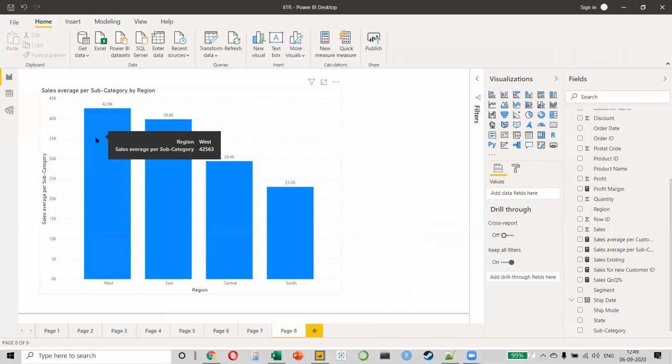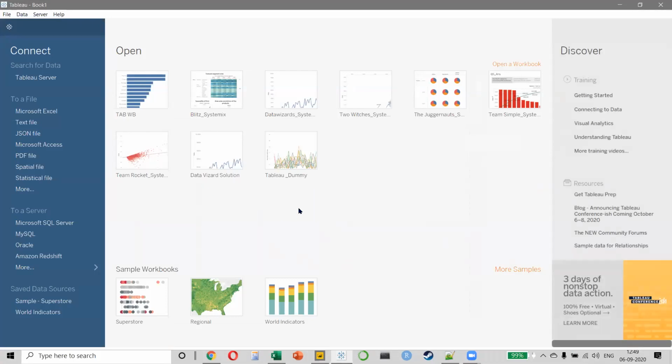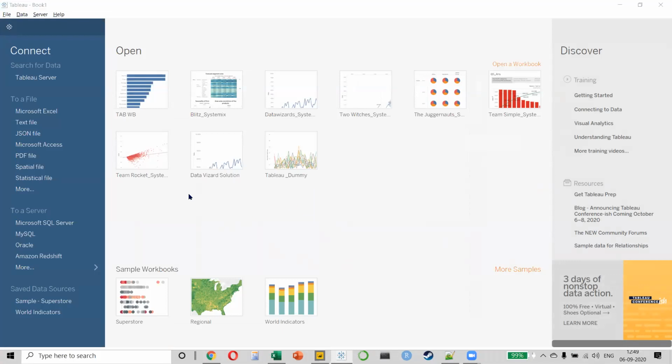Okay, now, like I said yesterday, Power BI is a free tool. Remember everyone, I've already shared the links with you, so you can just download Power BI Desktop. On the other hand, Tableau is not free. But then how do you work with it? There are two options that you have.